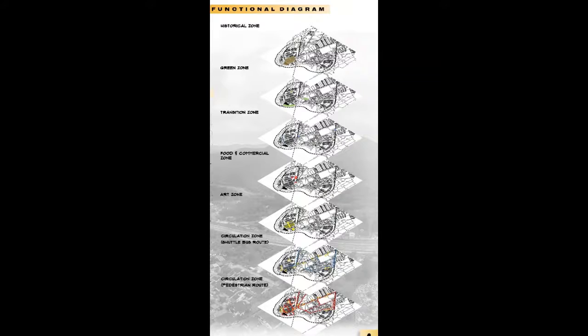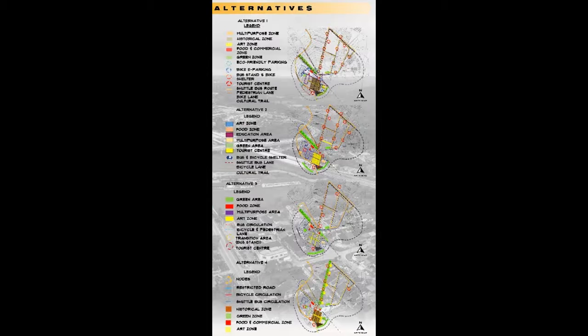Next, the orange symbols in the map refer to pedestrian circulation. The pedestrian circulation will be added with zebra crossings for safety reasons and will use specific pavement that is suitable for the area. Let's proceed with alternatives.